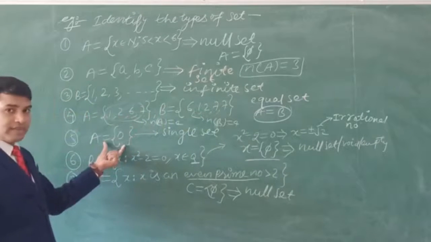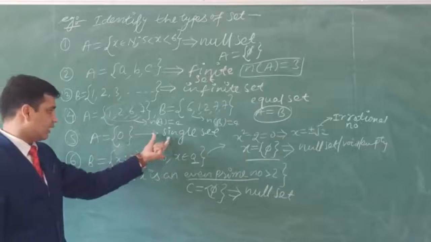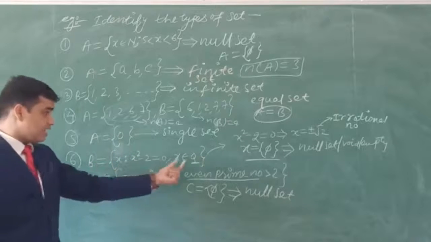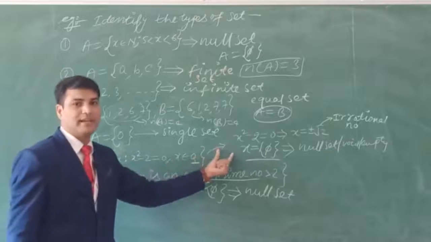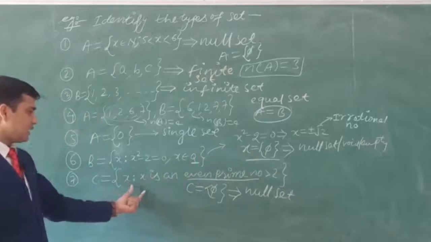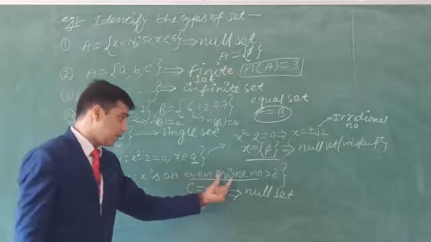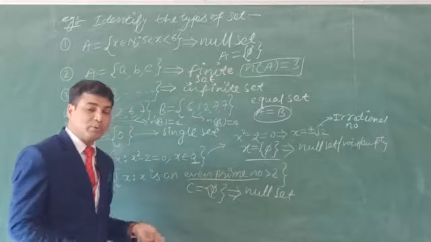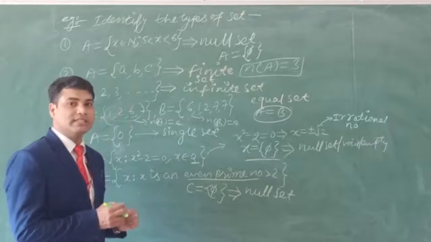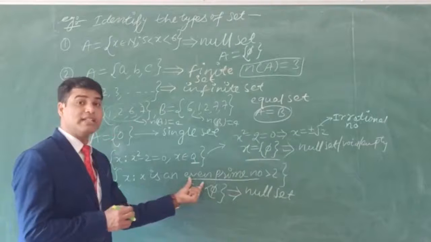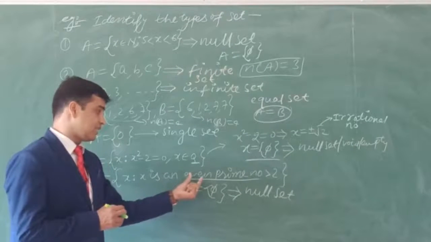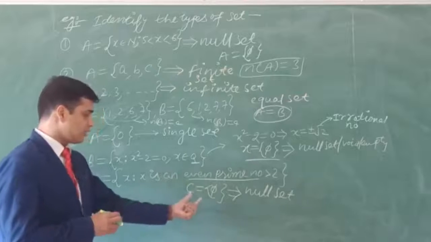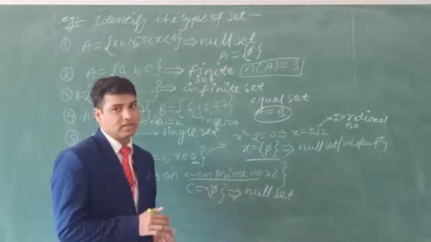Okay, next, only one element in the set: singleton set. Here conditions are given, x belongs to the rational numbers, it should be rational, but we are getting an irrational number. That's why this is a null set. Next, x is an even prime number which is greater than 2. We know that 2 is the only, smallest even prime number, so there is no even prime number which is greater than 2. So C equals φ, or you can say null set. Okay, so I hope you are